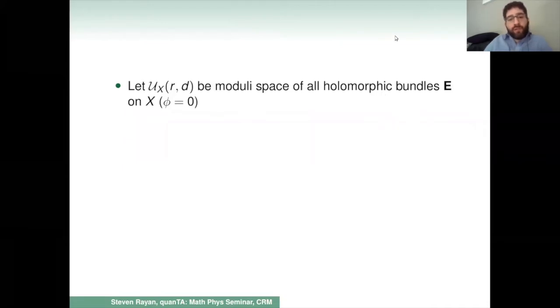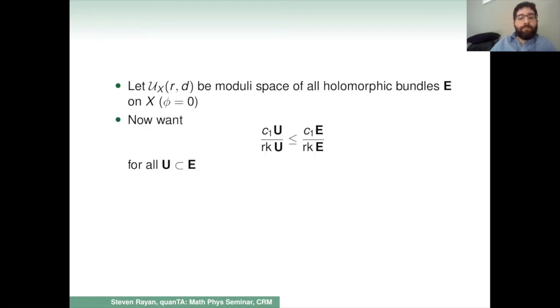Now, I want to introduce another very closely related moduli space from which you can see the moduli space of Higgs bundles, or equivalently the Hitchin system, arising in a very natural, purely mathematical, geometric way. We used M for the Hitchin system, the moduli space of Higgs bundles. I want to use U to represent the moduli space of holomorphic bundles on our Riemann surface X. Just bundles. So if you like, I'm taking phi to be 0. And again, I'm fixing a rank and a first Chern class. Now there's a stability condition as well.